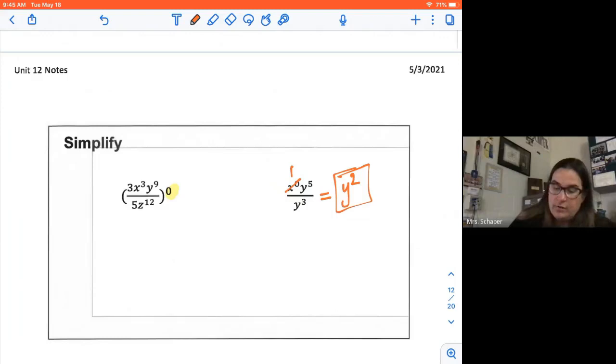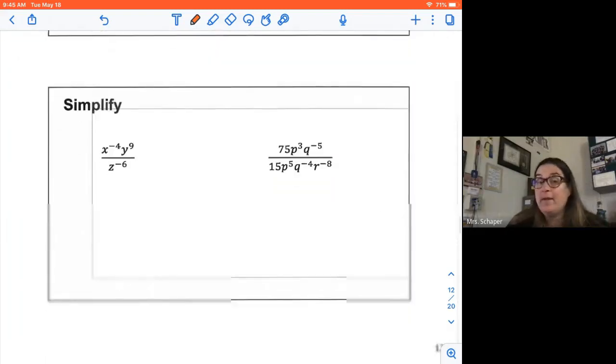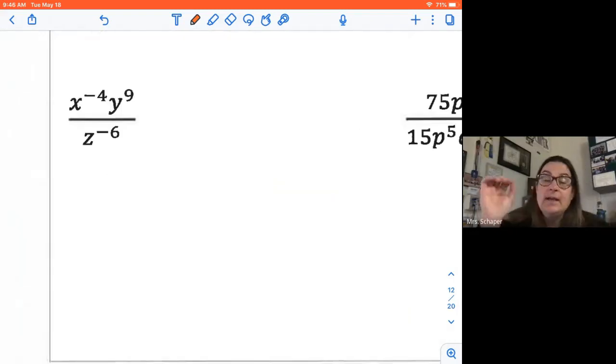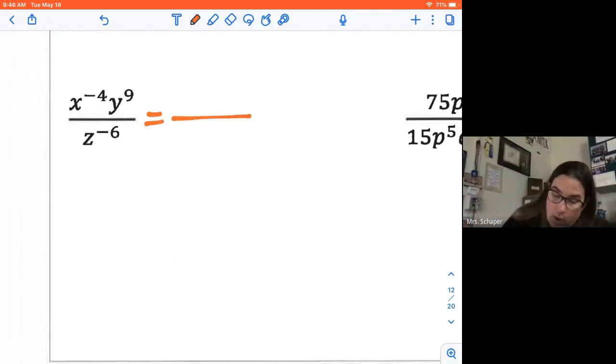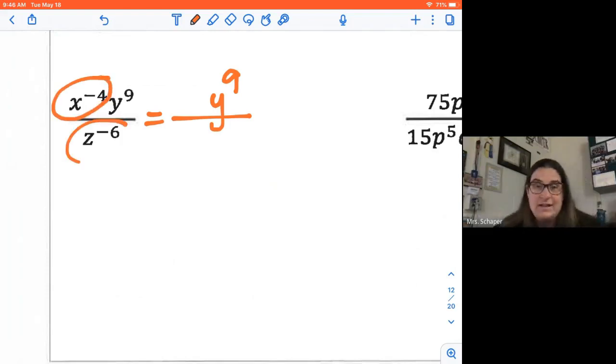All right, here we go. Now, here we have 2 negative exponents. To make the exponents positive, you move it to the other part of the fraction. So when I look at this, the y gets to stay because the y has a positive exponent. It gets to stay. The x to the negative 4 and the z to the negative 6, they need to